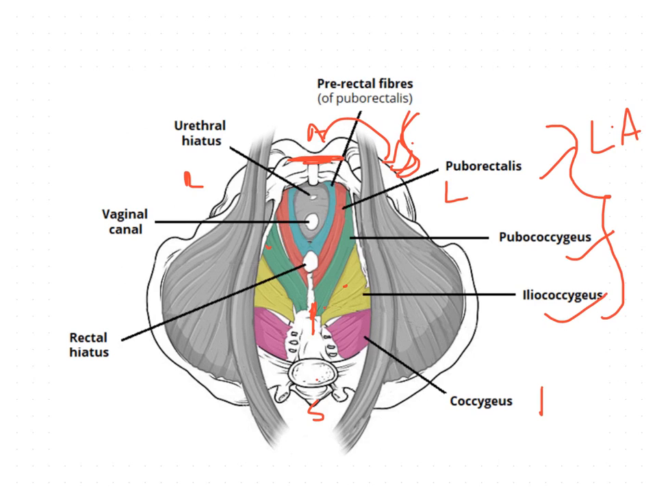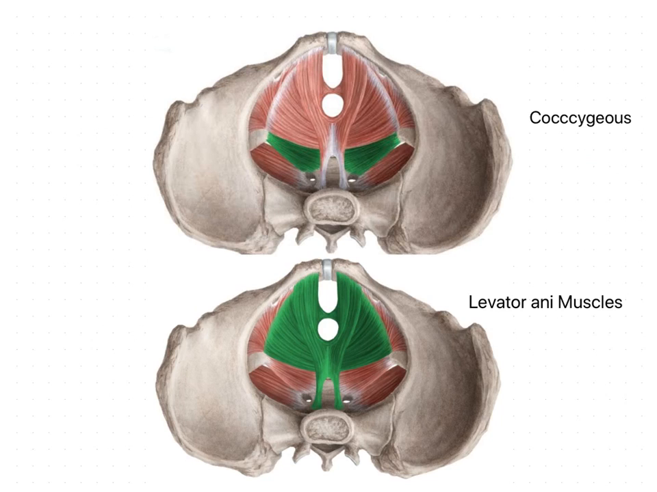origin, insertion, nerve supply and actions, and also we are going to discuss the functions of this pelvic diaphragm. So now we will see the levator ani muscles. In this picture we can see the levator ani muscles. All these levator ani muscles originate from the pelvic surface of the pubis, and also the obturator fascia,